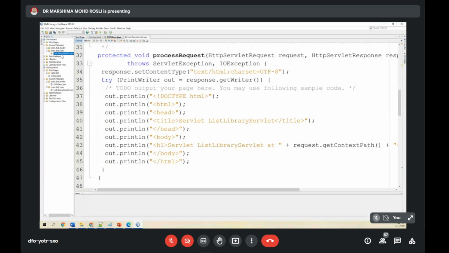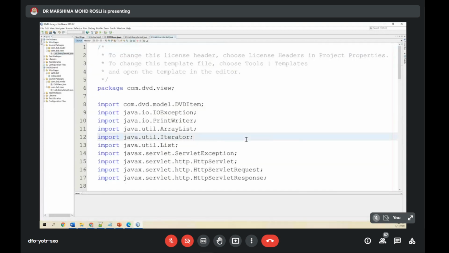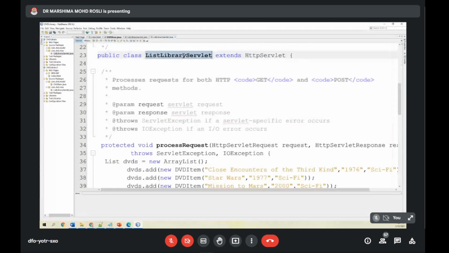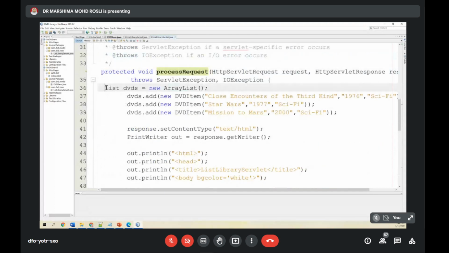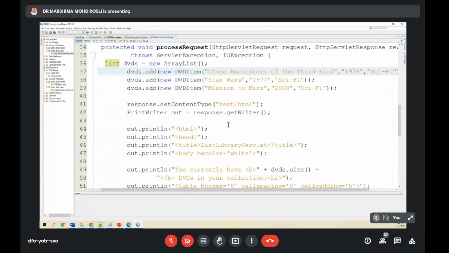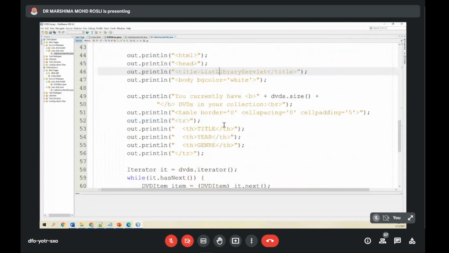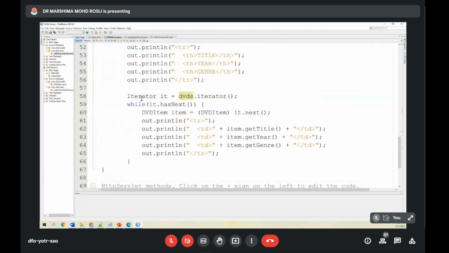Okay, ListLibraryServlet. So I have my ListLibraryServlet. In processRequest, I have typed in the list DVDs, new ArrayList. I have added this. And then this is the out.println and everything. And then I'm using the size method on the DVDs object. And then I'm using the Iterator class, creating an object of it,